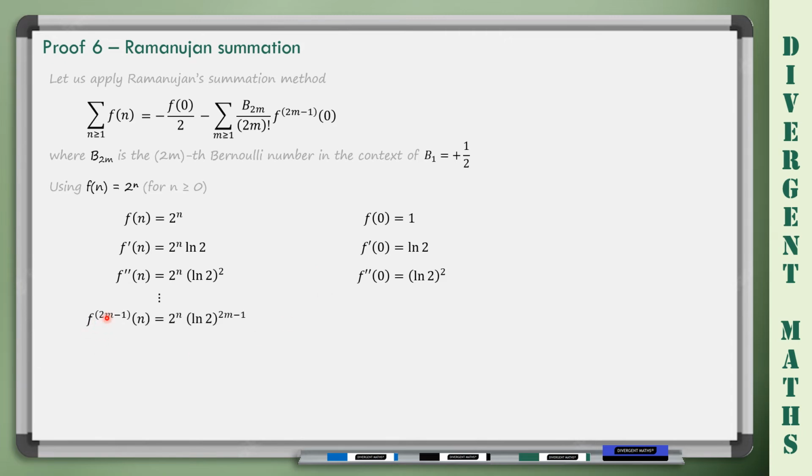The 2m minus 1 derivative of 2 to the n is 2 to the n times log of 2 to the power 2m minus 1, evaluated at 0, gives us log of 2 to the 2m minus 1. Relatively straightforward, and that formula will be valid for any value of m greater or equal to 1. You can see it here. So now,